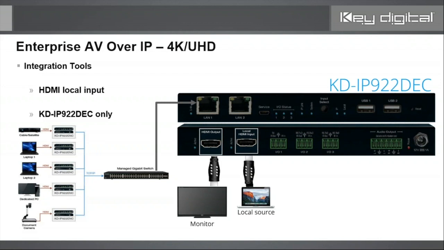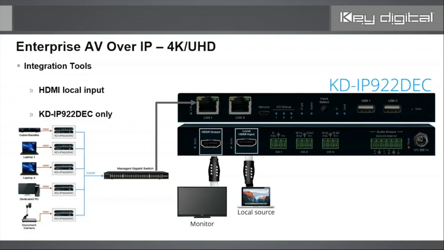On the decoder, you have a local input. So this creates a 2x1 switch, like a local presentation switch. Imagine in your churches or classrooms where you have signage going throughout the facility. And if you'd like to have a localized presentation, you could do that using the switch that's built into